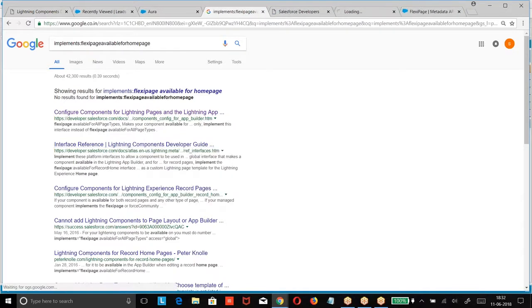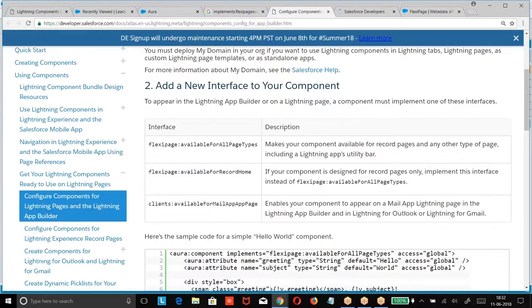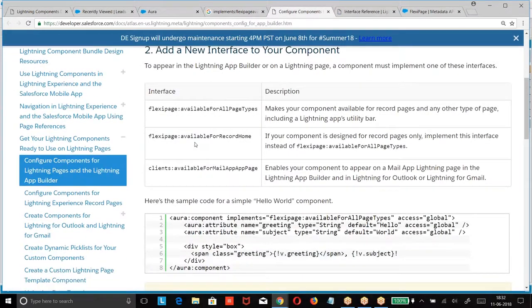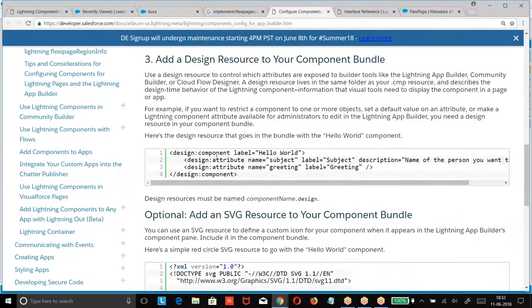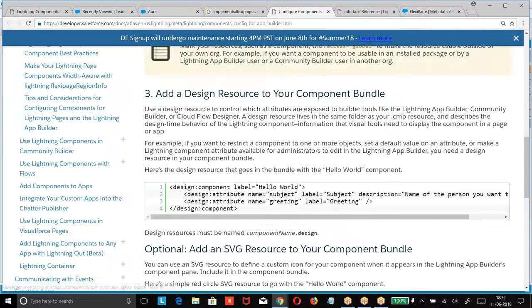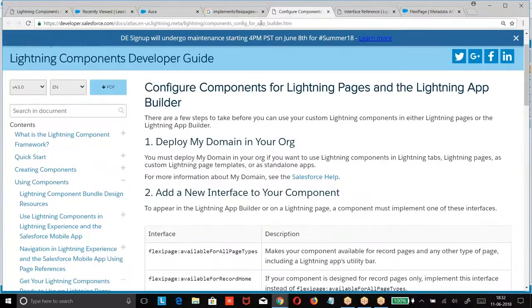Now, I have two requirements here. The two things which I need to go for: available for record home page. Okay, available for record home page. Then what is the next one we had? Has record ID. Somewhere it will be finding. What is the purpose of has record ID?